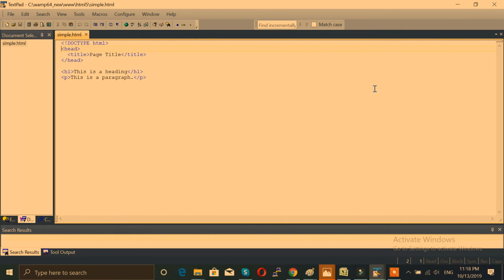Then we have to declare a head. So what does the head mean? It's a header. Whatever is enclosed between the head tags,